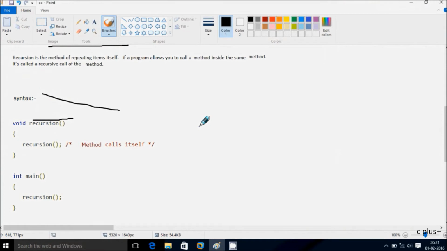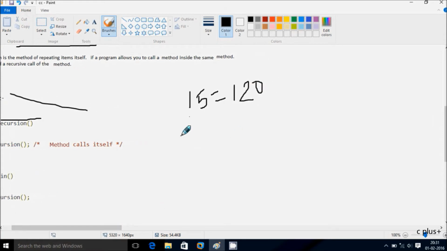The best example of recursion is a factorial. Suppose if I enter factorial 5, then the output must be 120. So factorial of n number equals n into factorial n minus 1